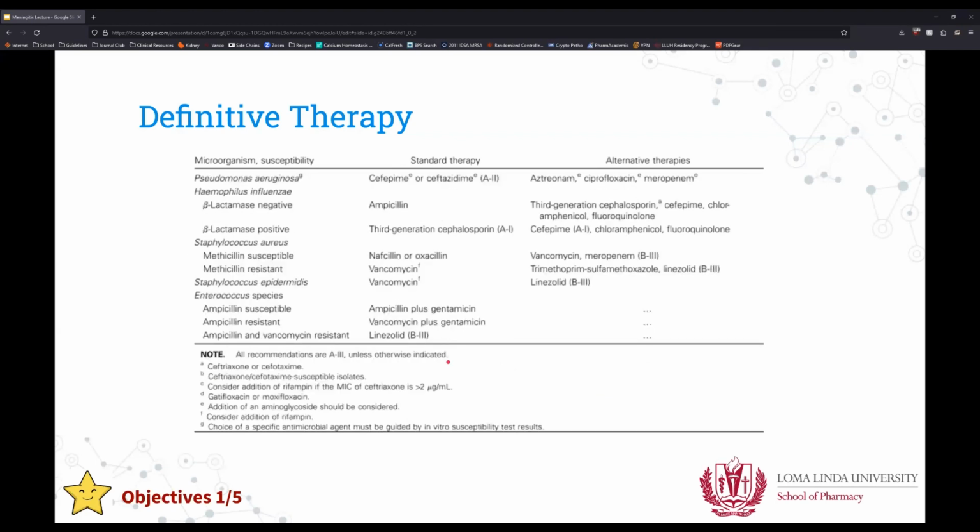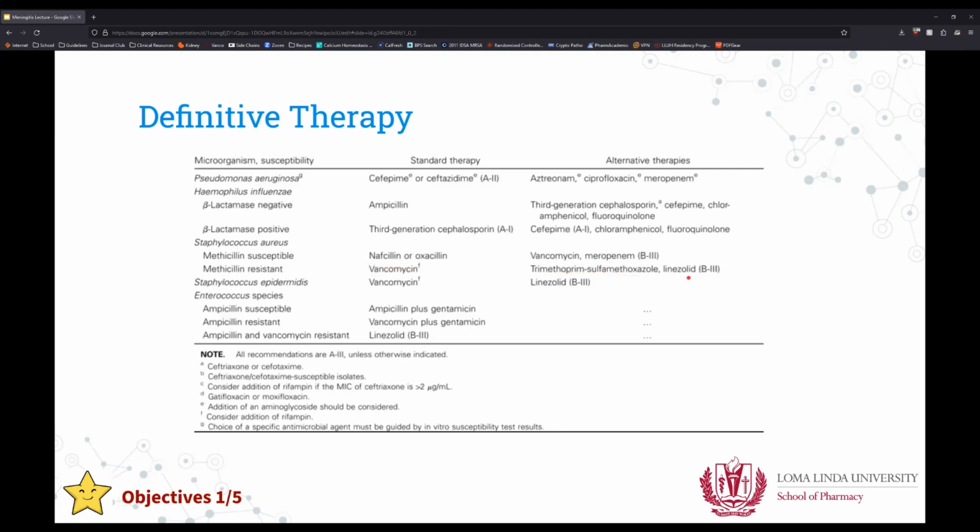Okay, so wrapping up the list, we have Pseudomonas. Some of our other agents are going to be, as we talked about previously, cefepime, but another one to consider that is a third-gen cephalosporin is ceftazidime. So it is the only third-gen cephalosporin that does cover Pseudomonas as well. And then we'll fast forward down the list, but still definitely look through these other ones. But of note,